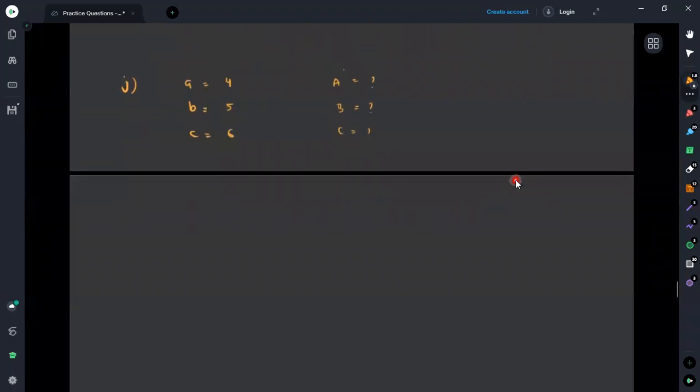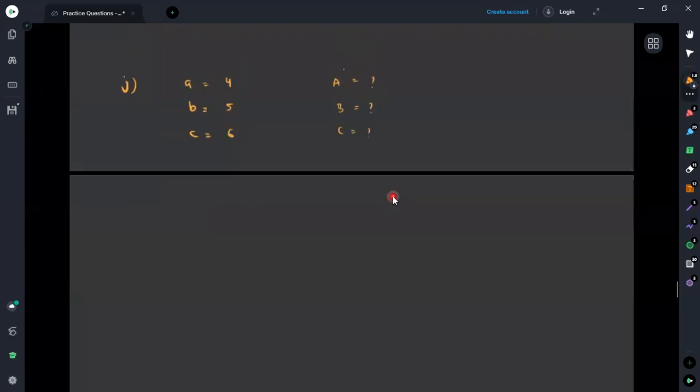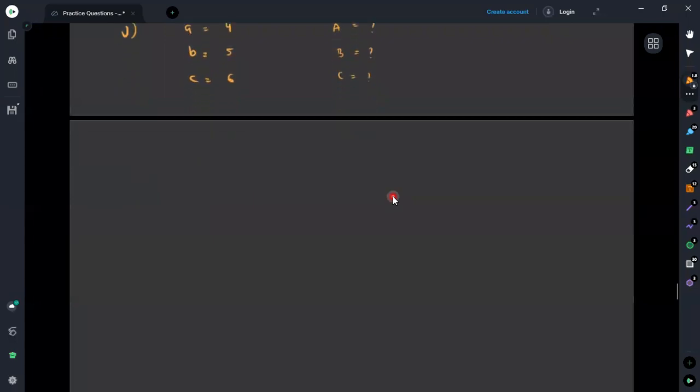Now what we can do is, we cannot use the sine rule directly here, because we know the values of all three sides. But if you know all three sides, what we can simply use is the cosine rule. a squared is equal to b squared plus c squared minus 2 times bc times cosine of A.